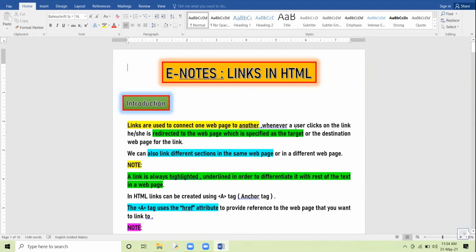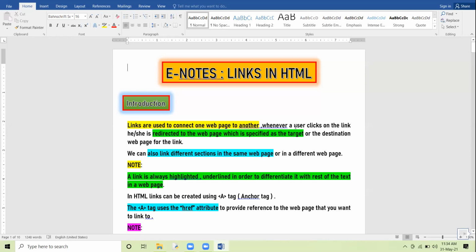A hyperlink has three important features. A hyperlink will be highlighted and underlined, by default it will be blue in color, and the mouse pointer will be converted to a hand shape symbol when you take the mouse pointer to the hyperlink.